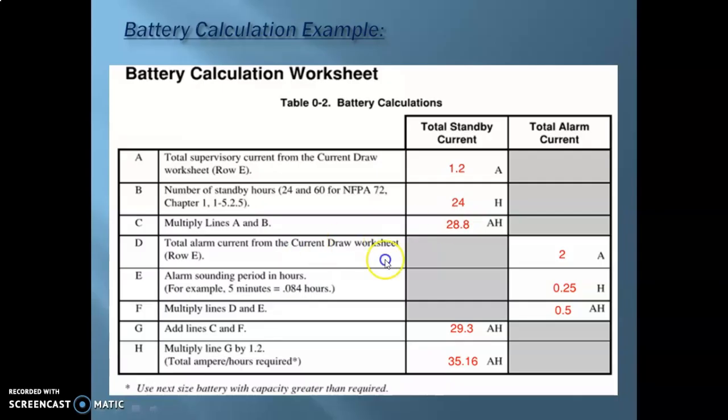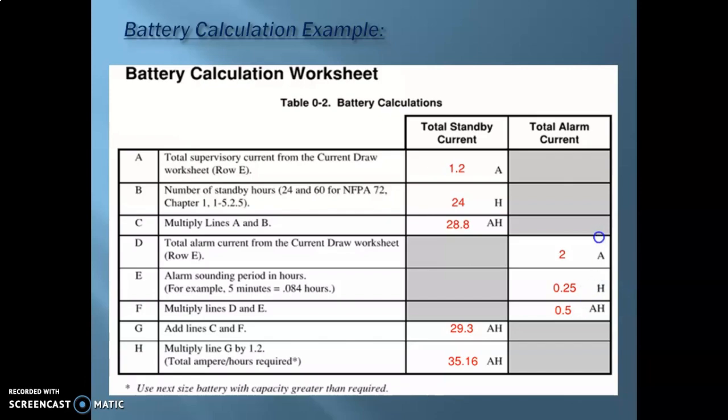Okay. Then similarly for the alarm condition, you get a total current rating of 2 amperes. Then you want all the devices to be activated for, let's say, 15 minutes, not 5 but 15 minutes. So you get 15 divided by 60, which is 0.25 hours.